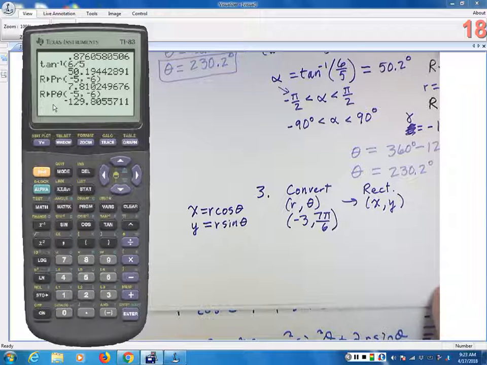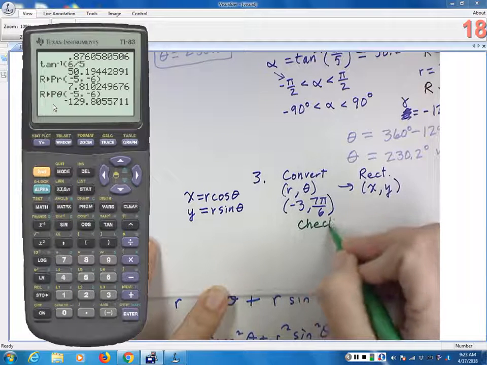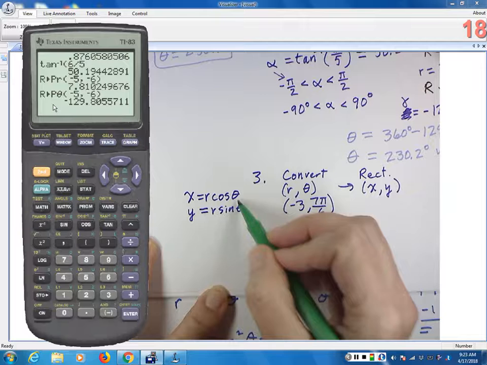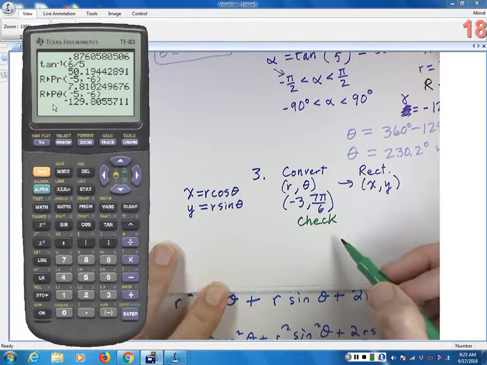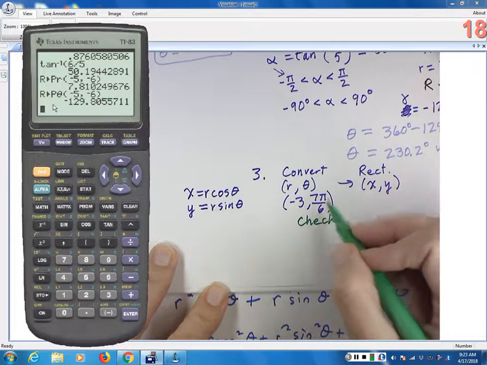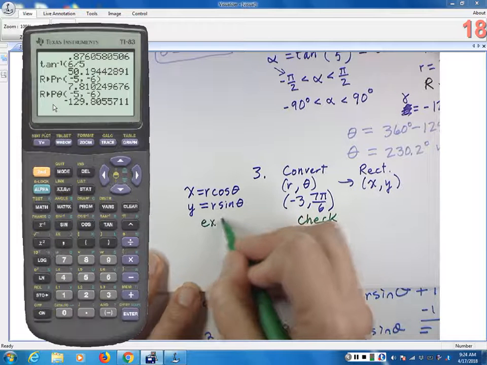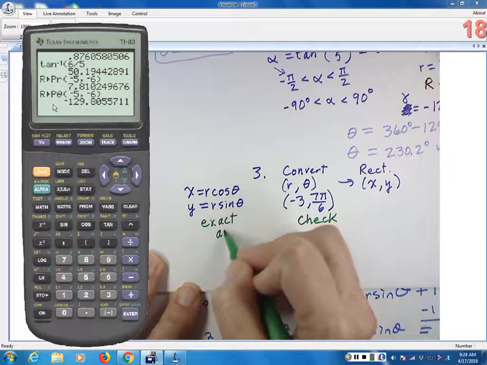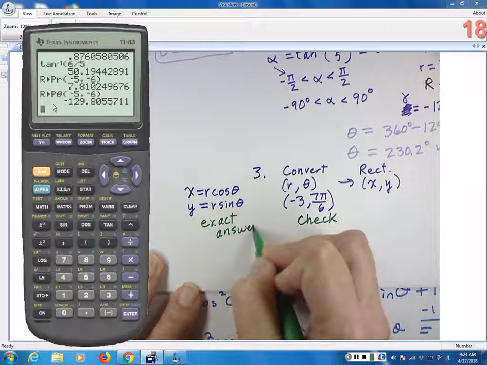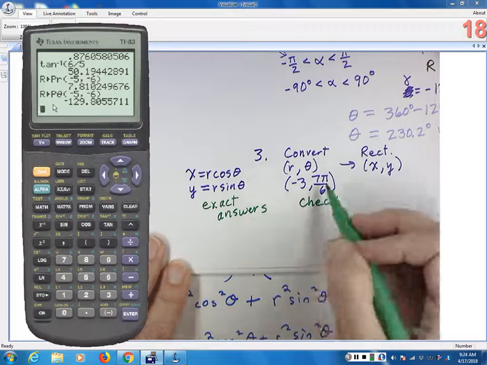But to check with your calculator, you can check this with your calculator. You have to use these equations, and you're going to get the same answer. But since it's 7 pi over 6, you could use the unit circle. I wanted the exact answer. Use your unit circle to find